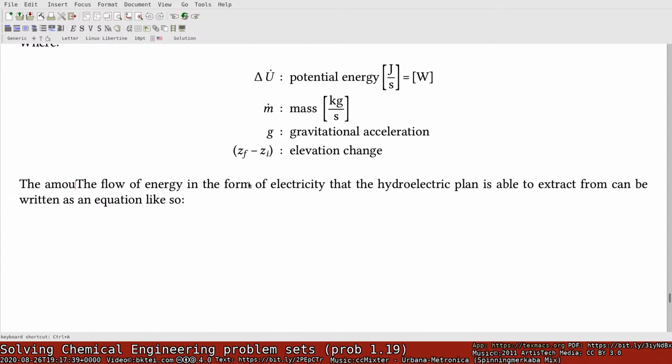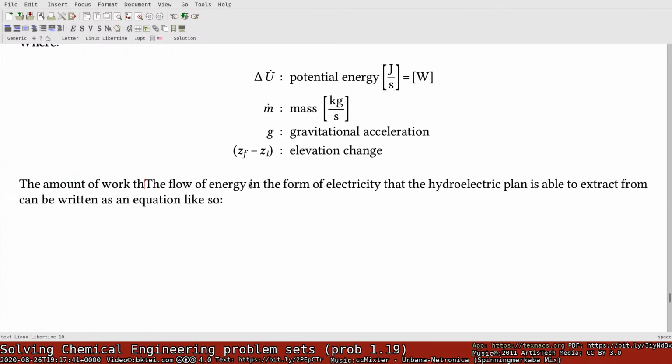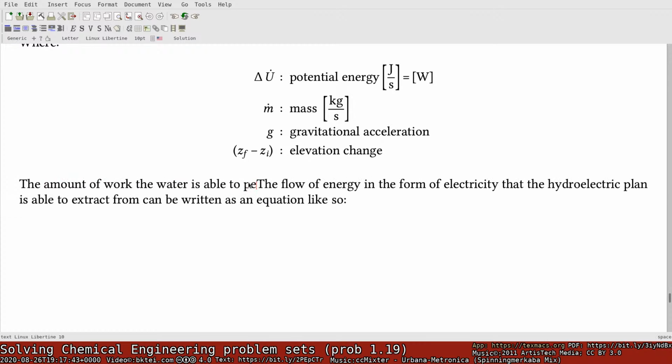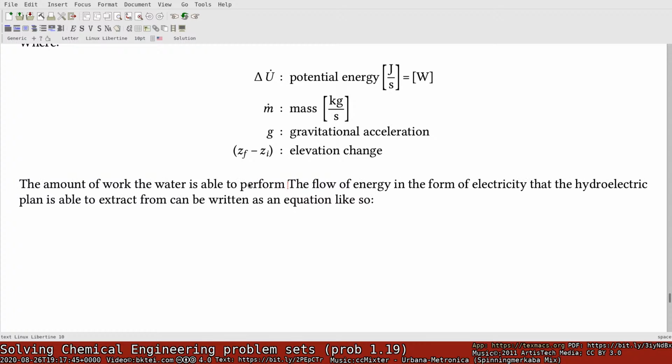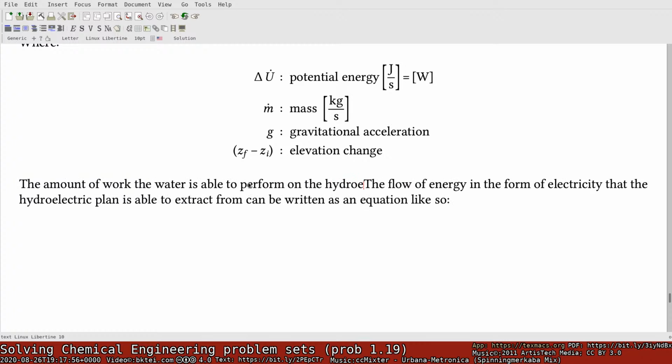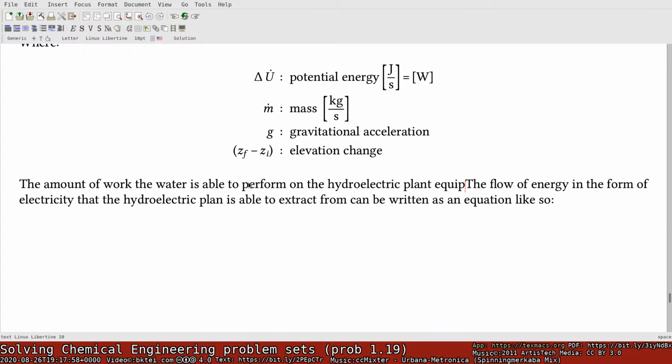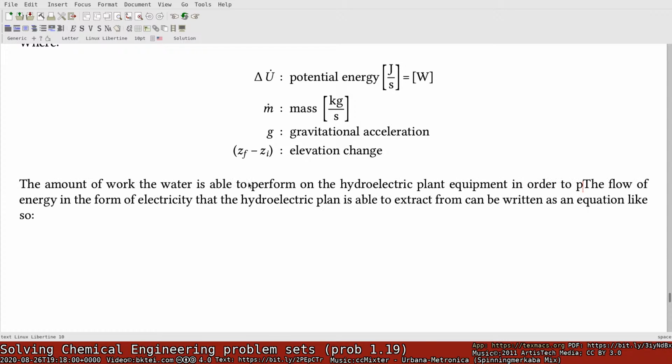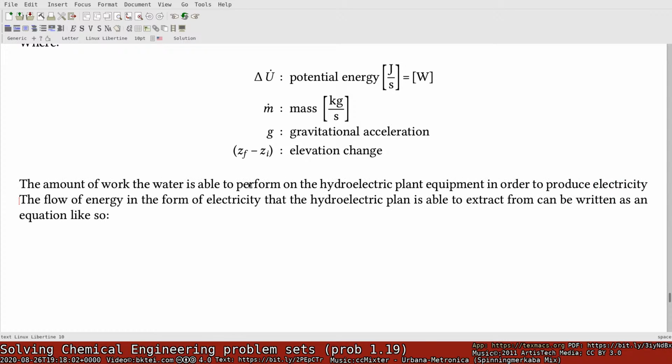The amount of work the water is able to perform on the hydroelectric plant equipment in order to produce electricity